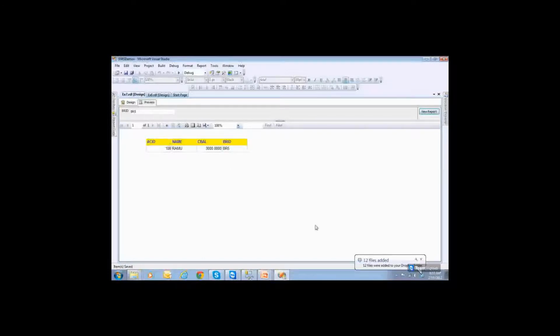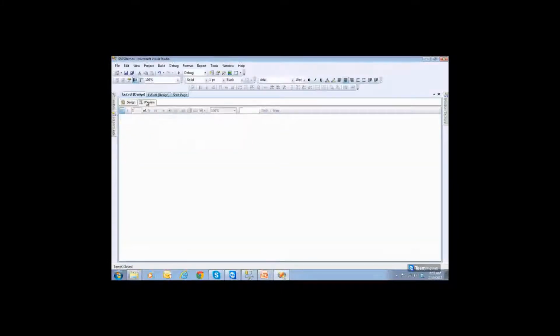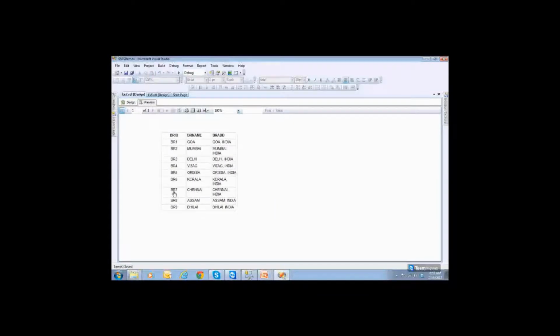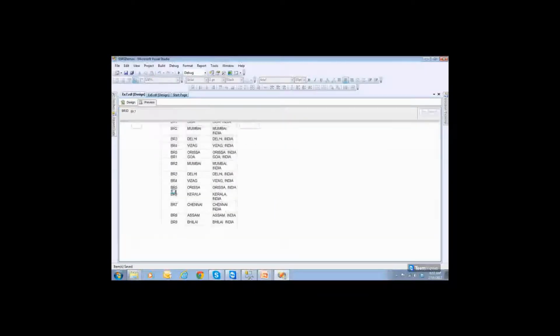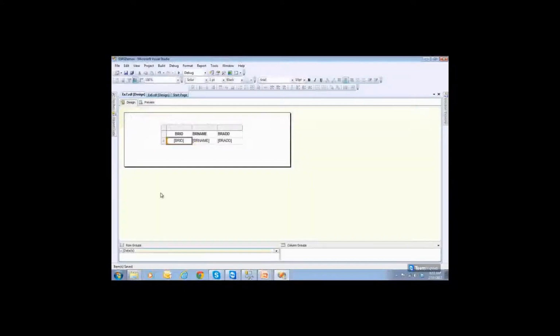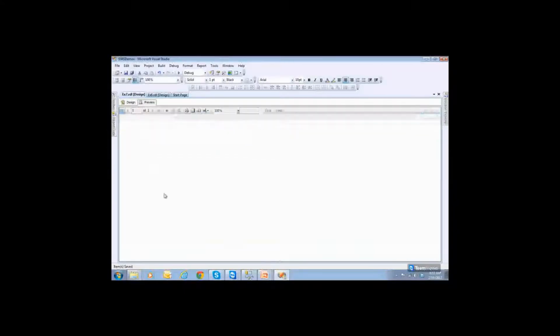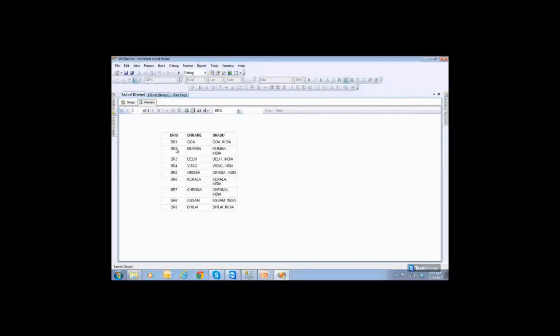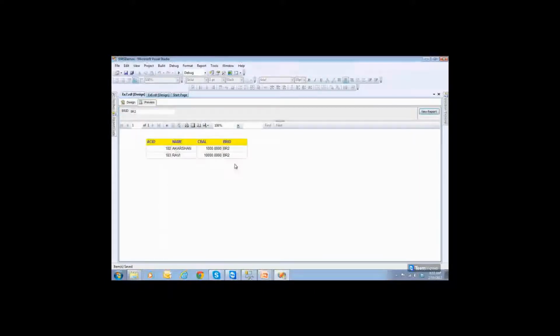Now you don't have any kind of hyperlink from here to there. So again you need to jump to the original data. Click on BR7. You will be seeing data here. So we have BR2, we have data, but from here you cannot jump, you cannot create anything, and you will go back to that